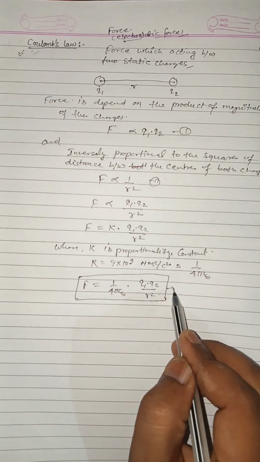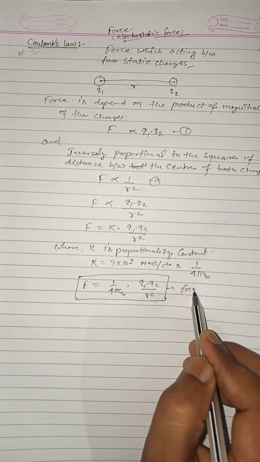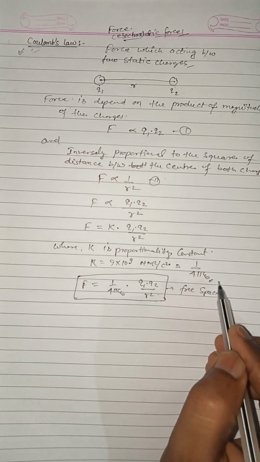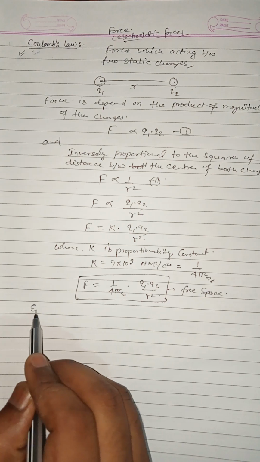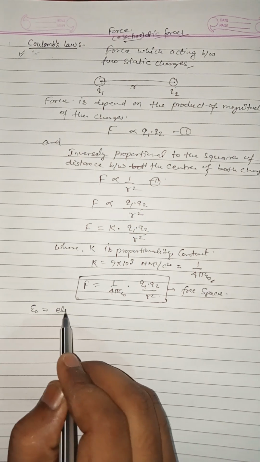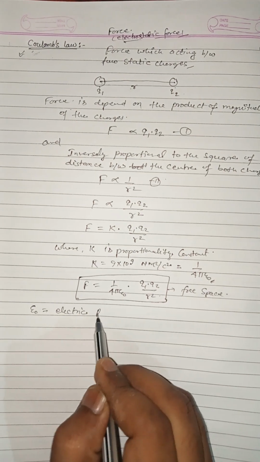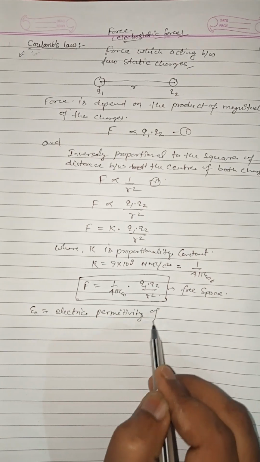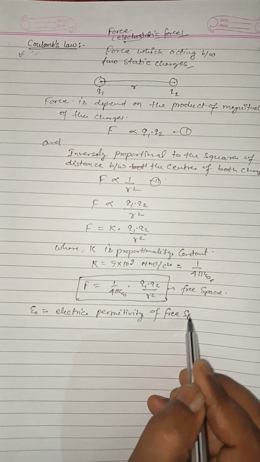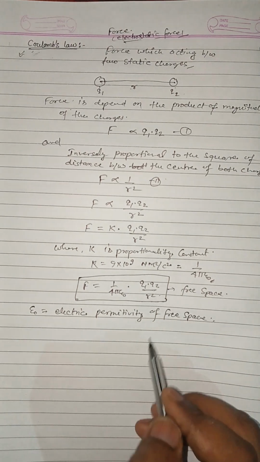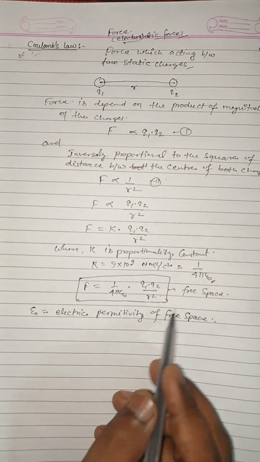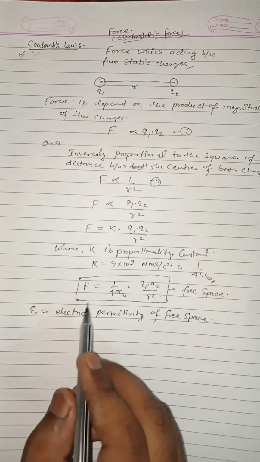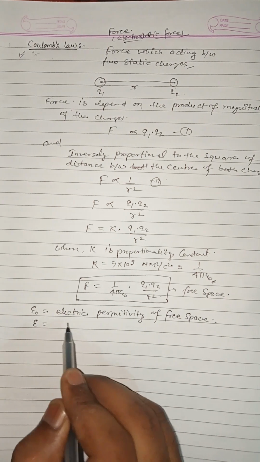This force is only for free space, because this epsilon naught is known as the electric permittivity of free space. That is, if we change the medium, the electrostatic force will also change. So for a medium, the electric permittivity